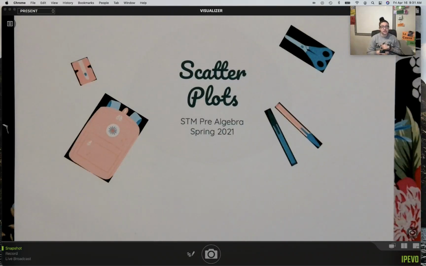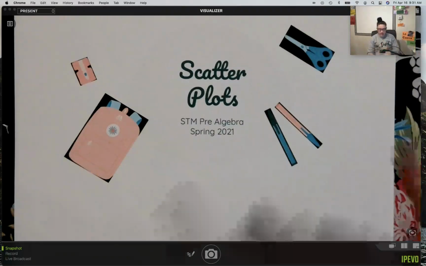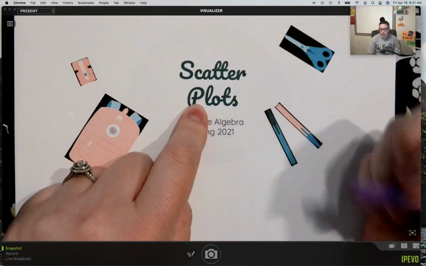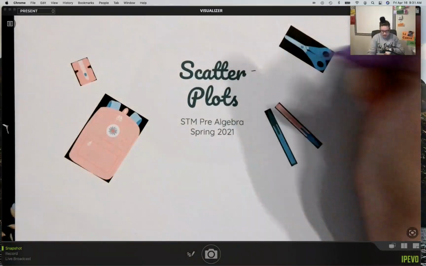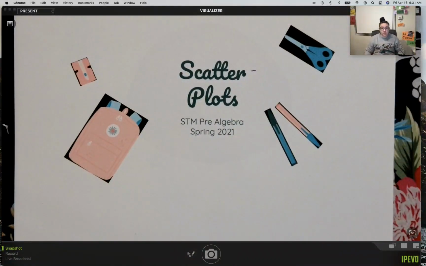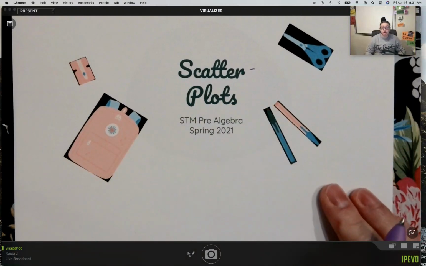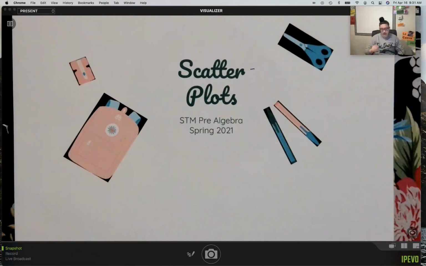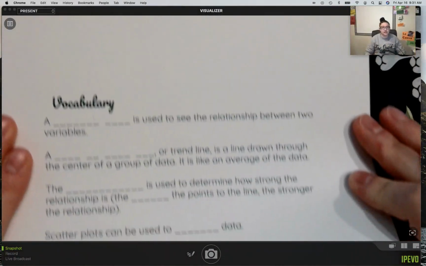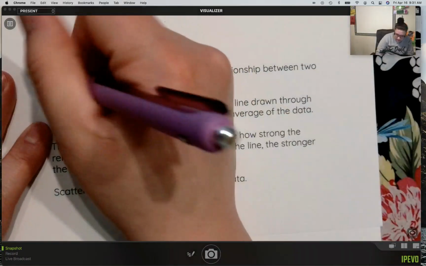All right. So today we are talking about scatter plots. This is really one word. Scatter plots. First, please make sure that you have your Desmos opened up so you're typing, you're writing, you're taking notes and following along with us. So a scatter plot